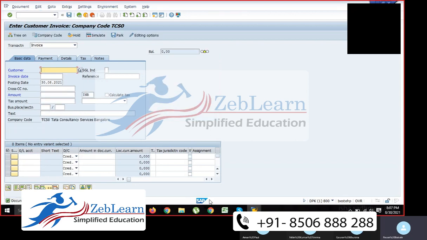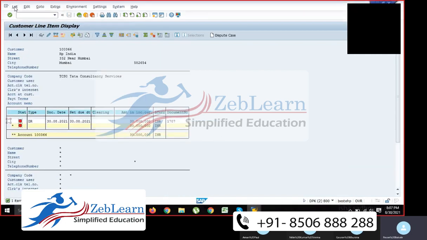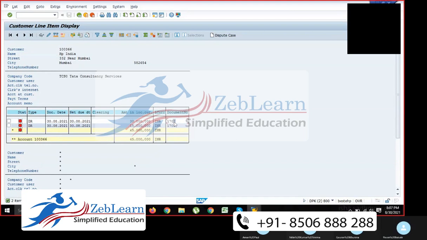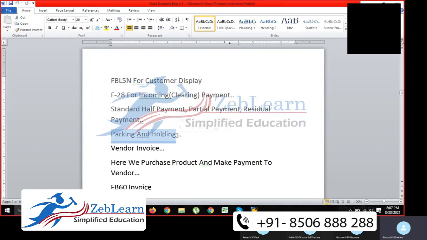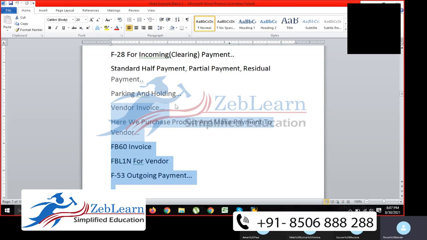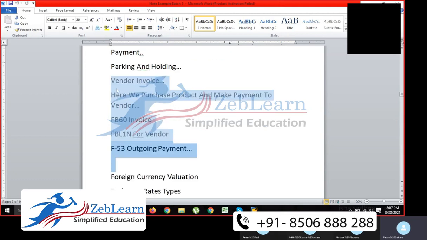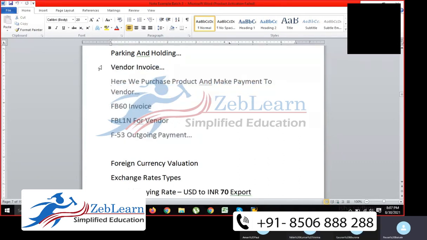Now document 1708. You can just go here and you can go to list and refresh. Total amount is 45,000, the balance, that is open. You got it everyone? Aman, Gaurav and Nitin, everyone is clear with this hold and post, holding a document and parking and holding, everyone is clear? Then I'll tell you how to do a vendor invoice. Yes, everyone clear? Aman, Gaurav and Nitin, can you guys speak? Can you guys tell me? You got it everyone? Yeah. Yes. Fine. Then let me start with the next topic, that is vendor invoice.